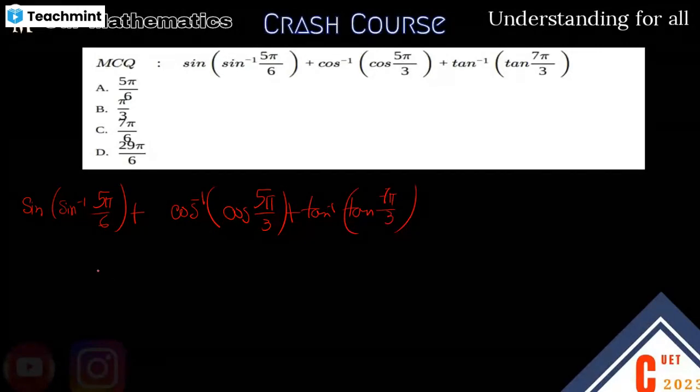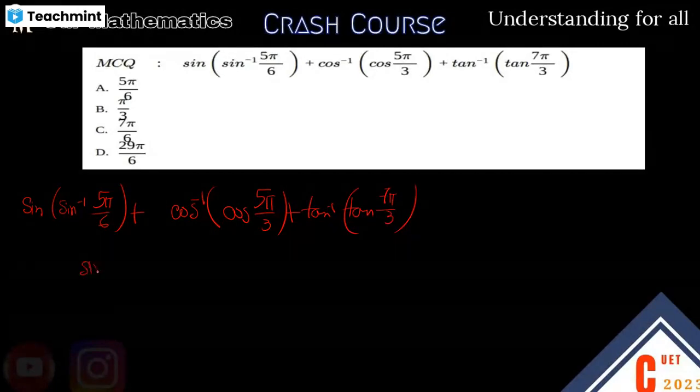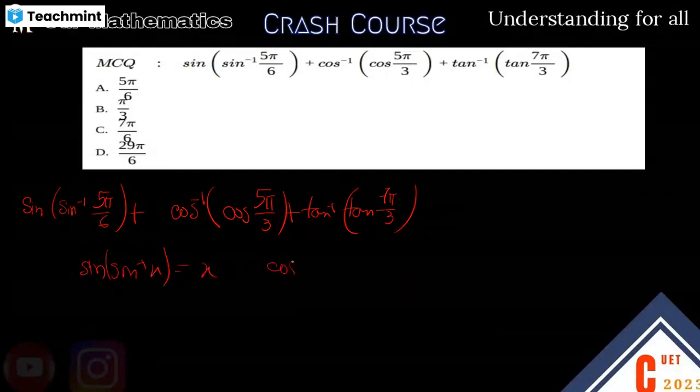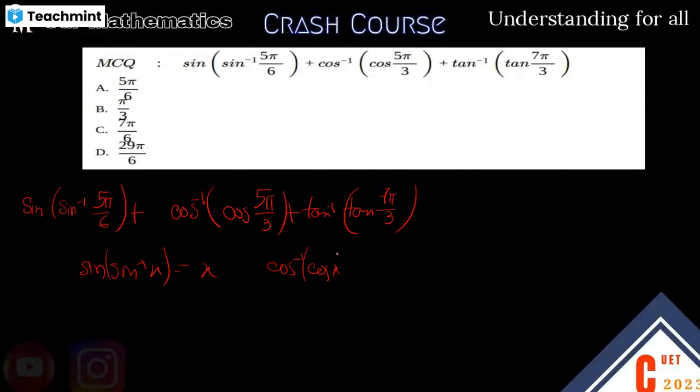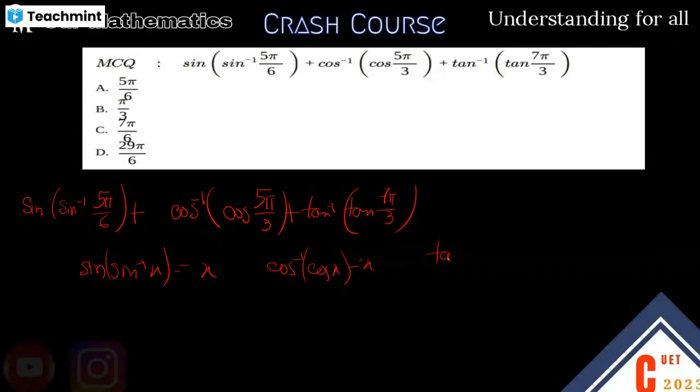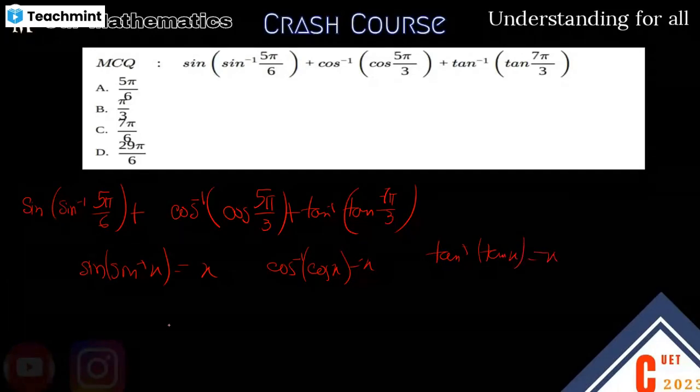So first of all, what will we use? We will use the formula, right? Sine of sine inverse x is equal to x, cos inverse cos x is equal to x, or tan inverse tan x is equal to x when